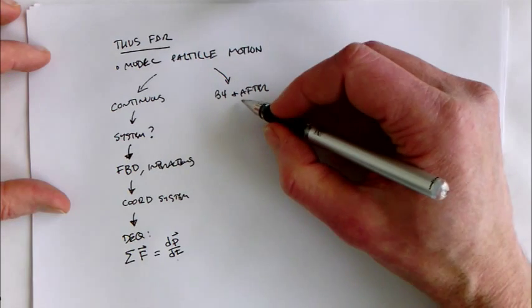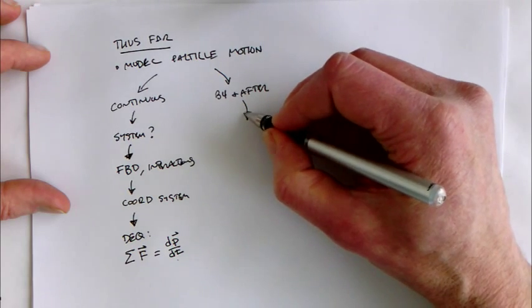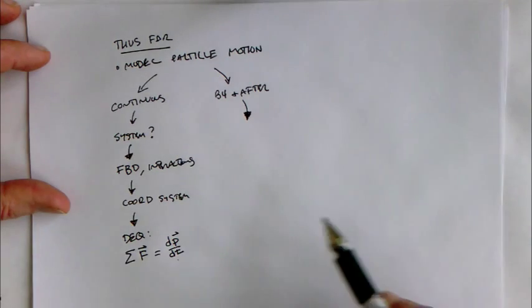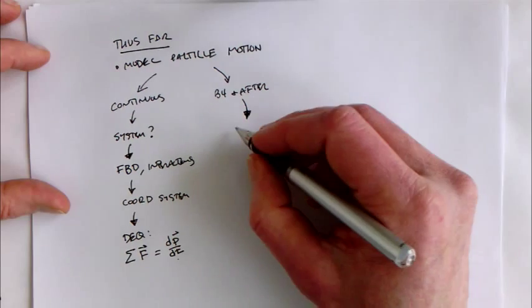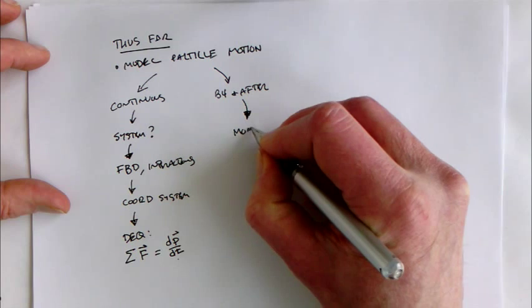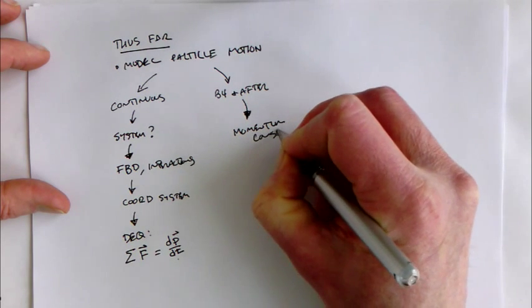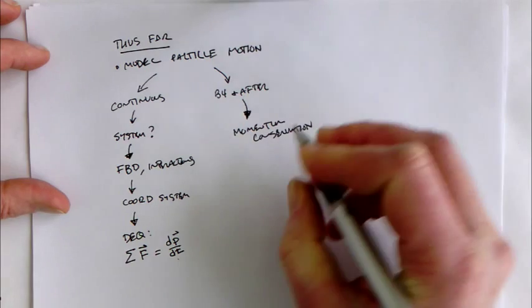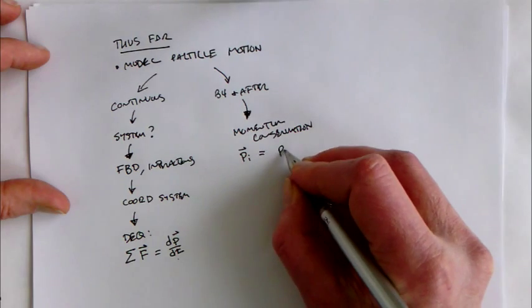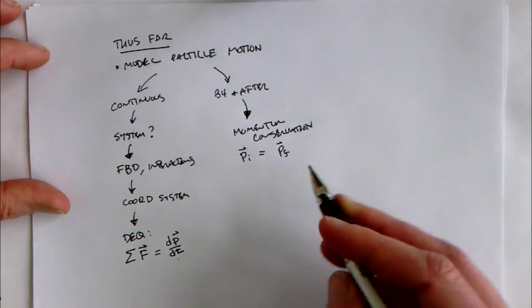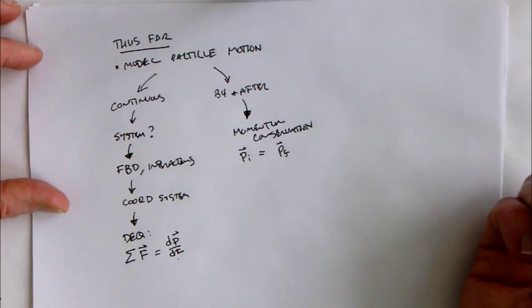Now, we've also thought a little about a before and after framing, where instead of thinking about what happens continuously in time, we think about some event and ask what the state of the system was before the event and what it was after the event. For this, we've been using a momentum conservation framing, which is to say that the momentum before the event and the momentum after the event have to be equal to each other,